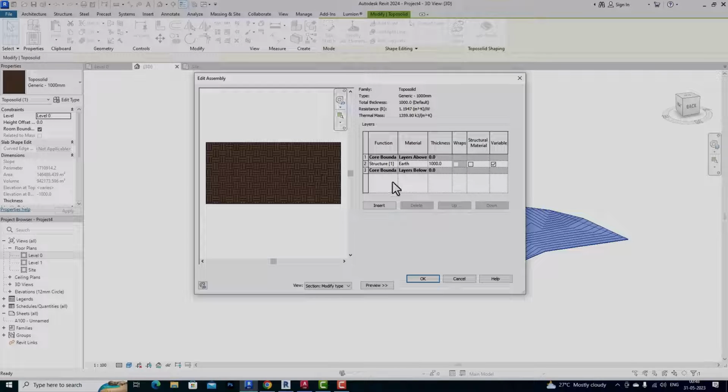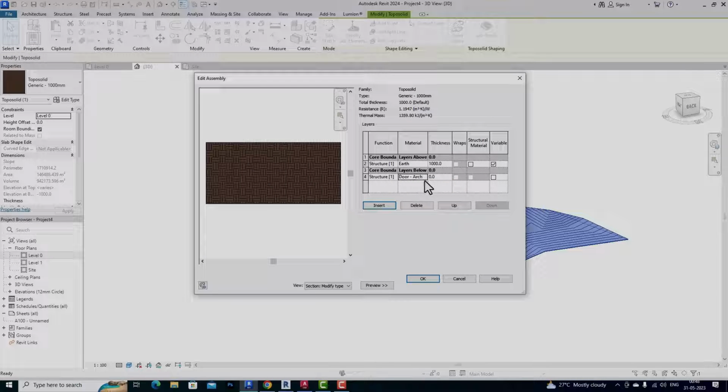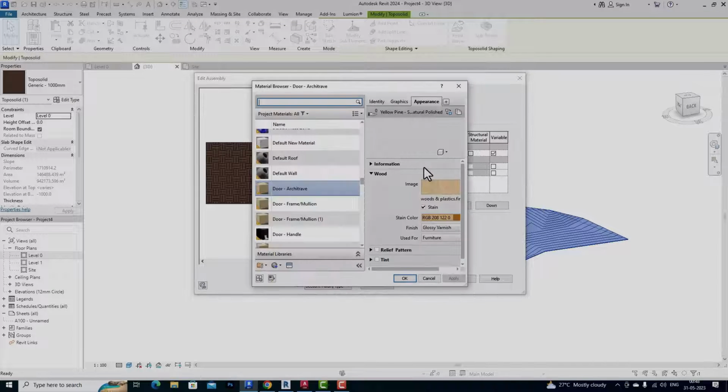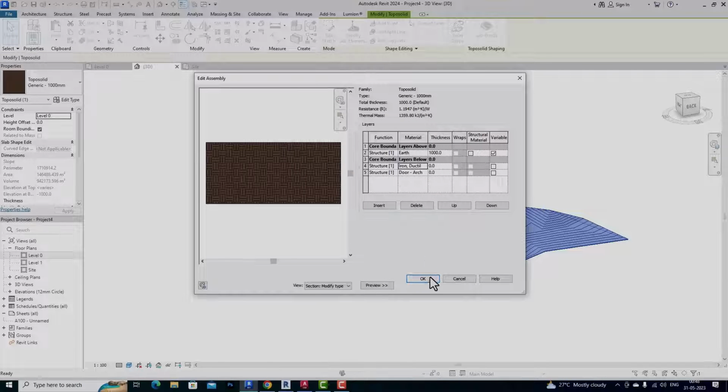If you want to add anything, you can add, and if you want to add a structure, you can add this structure, and you can add any material here, and you can also insert many things, and I can add any materials here, and you can click OK,